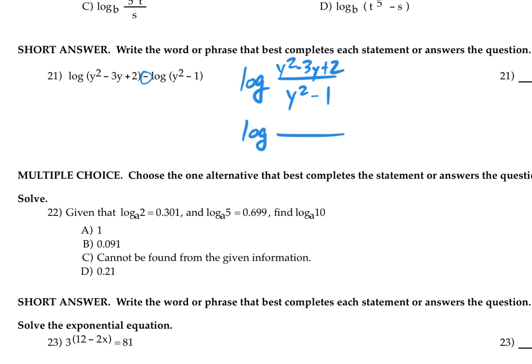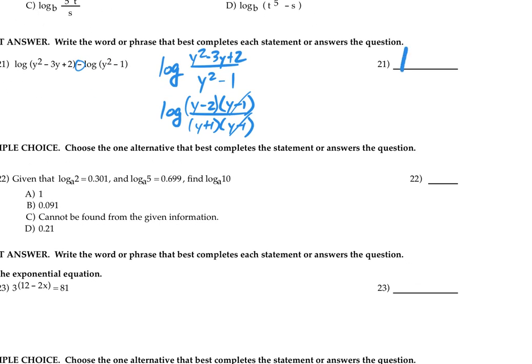This one up here would be product and sum: what multiplies to get 2 and adds to get -3? Would be -2, -1. And then on bottom we have DOPS. So that would be y plus 1, y minus 1. And then what you'll notice is those y minus 1s can disappear. So we're left with